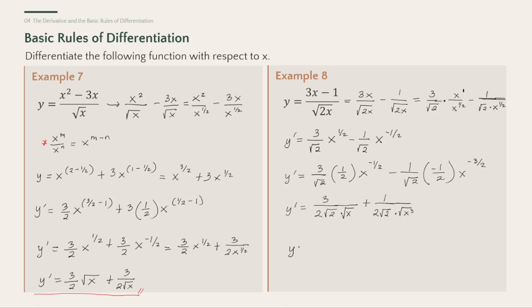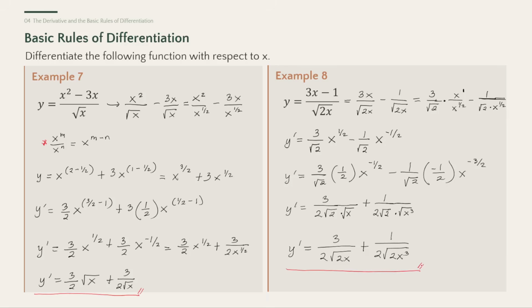And we move that to the denominator because the exponent is negative. And then lastly, we just combine all those terms that have the same roots. So in this case, the two square roots of x, we can combine inside a single radical. So square root of 2x plus this one, square root of 2 and x cubed, we can combine that also. 2 square root of 2x cubed. This is the answer to example number 8.